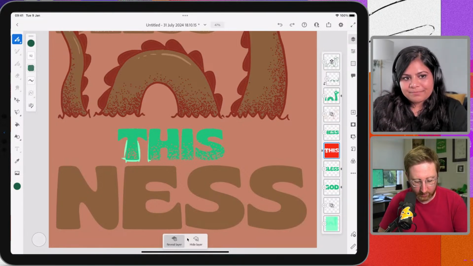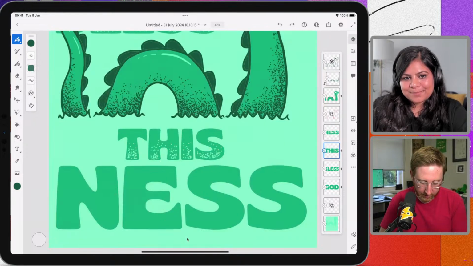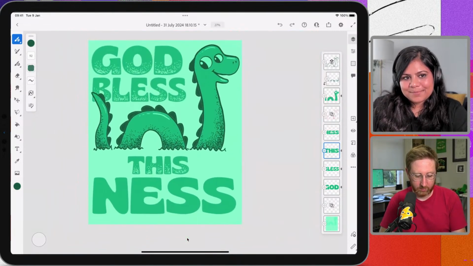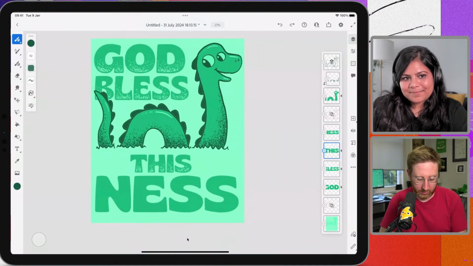And that's the great thing about masks and clipping masks and everything. Back in the day, obviously, I would just be layer upon layer of stuff and making a right mess. And this means we can work without destroying the actual artwork underneath, which is really good. So that's coming along pretty nicely.